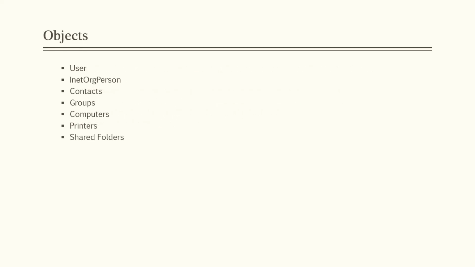Objects is the last logical component. Like I said, an object is the smallest breakable part of an Active Directory environment. So everything that could be stored in an organizational unit is an object. So user, service, contacts, groups, inetOrgPerson. So inetOrgPerson is something similar to user accounts, and it is mainly used for compatibility with directory services. All right. So other objects like computers, printers, shared folders. All of these things are objects.